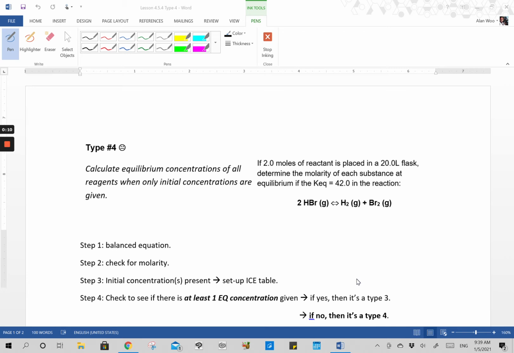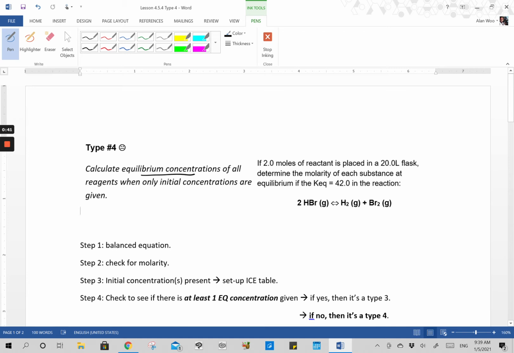Hey there, Chem Squad. In today's class, we're going to look at how to solve a type 4 equilibrium problem. So for a type 4, this also requires an ICE table, but there's a bit of a different scenario here in terms of how we fill it out. So let's take a look at the type of question this actually is and how you might be able to recognize it. In a type 4 question, you're asked to find the equilibrium concentrations,